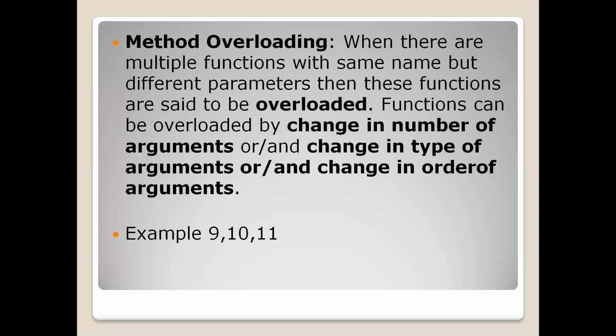So the name of the person is Swati, but these people do not have the same area name where they are living. These people may or may not have the same surnames, right? These people do not get equal marks in all the subjects. These are the parameters. So there may be differences in the parameters, but the names of those people are the same. That means they are overloaded, right? The same concept is applied here. If in a class there are n number of methods, and the method name is the same but with different parameters, then the concept is called method overloading. So don't worry.